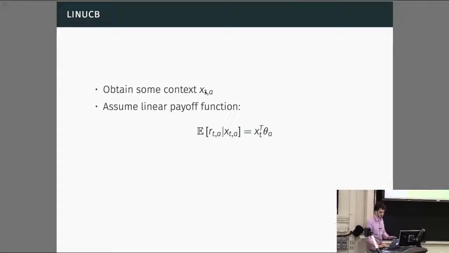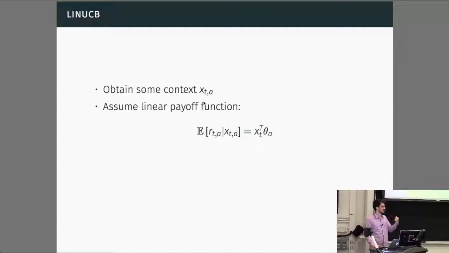I actually should have just written x sub t. This is actually saying the context also depends on the action. So there's some interaction between the time step and the action, which is actually what the LinUCB algorithm says. But I just wanted to simplify this, and I wrote the wrong notation here. Let's just say that the context only depends on the time step.